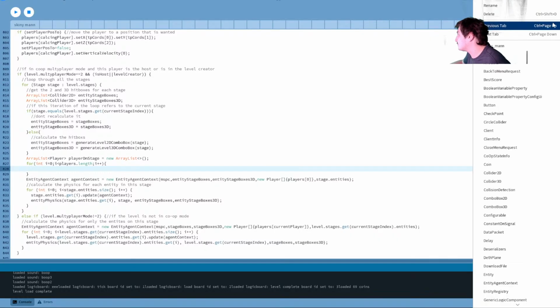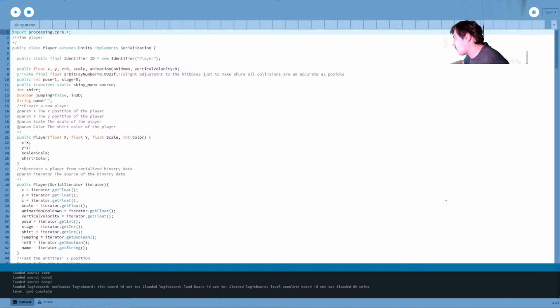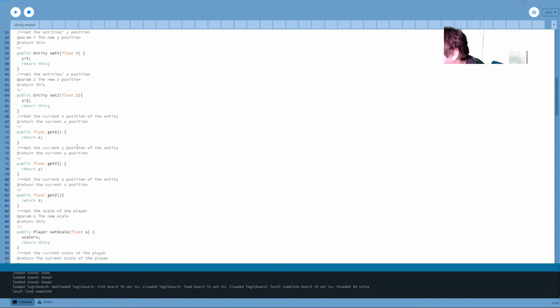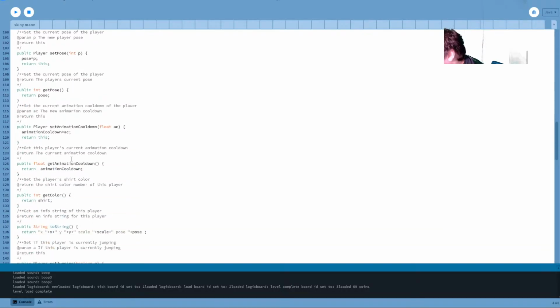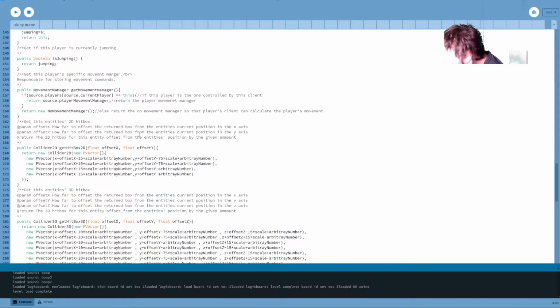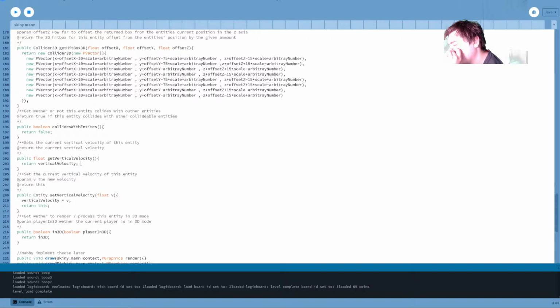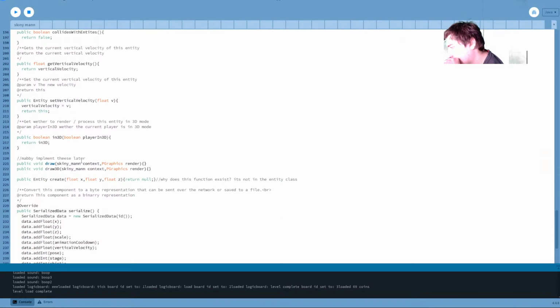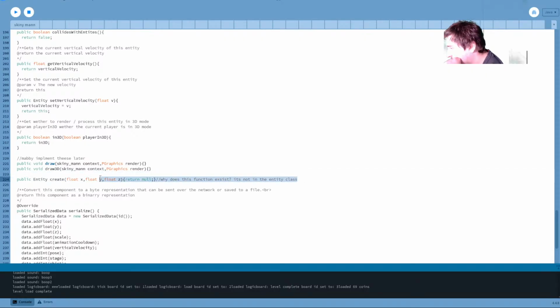Here, let me check the actual player class. So it's got all that stuff. Movement manager, hitboxes, collides with entities. Yeah, why does this function exist?